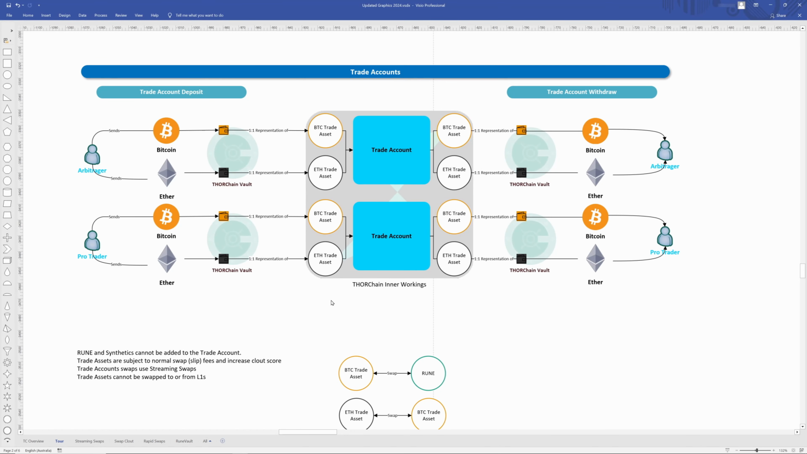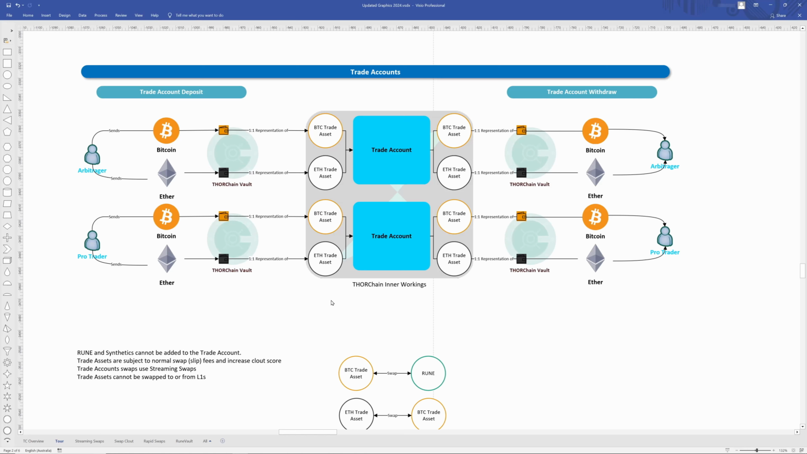Next, we have the newest implemented feature within THORChain, trade accounts. Trade accounts allow arbitragers or professional traders to utilize THORChain. It's very similar to the way that they use synthetics at the moment. However, it's going to be more capital efficient, e.g., they need less funds in order to arb or to rebalance those pools that we've talked about before, or